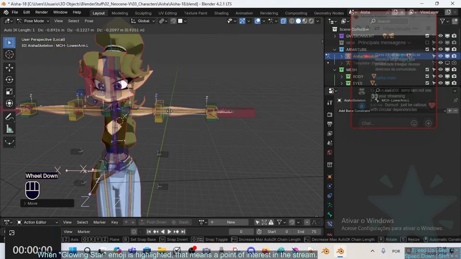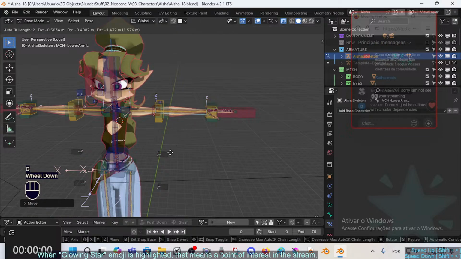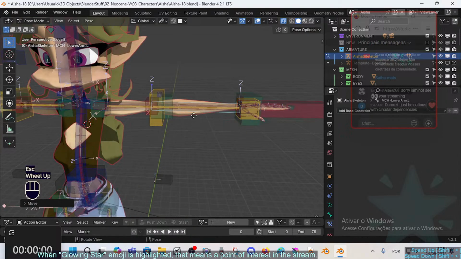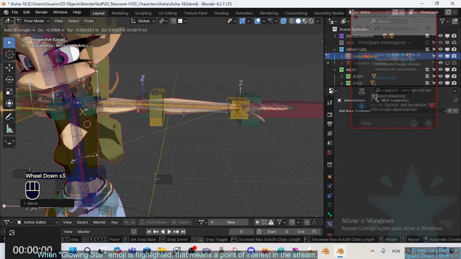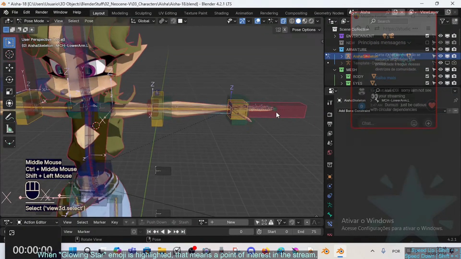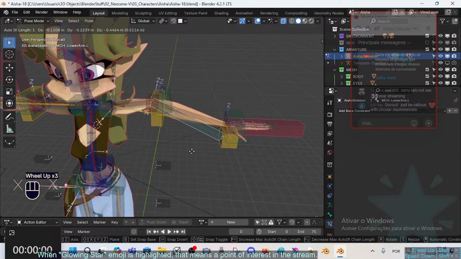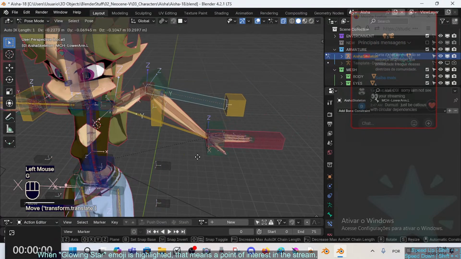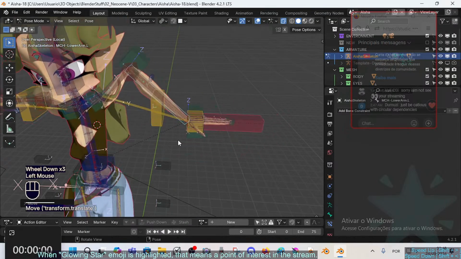So this is not very good, right? But if I augment the chain length, then I can have more dynamic. And if I really want, I can pick, yeah, this is the best thing to do. Pick this and this, maybe a chain length of, this is bizarre, right? So 2, 3, 4 can